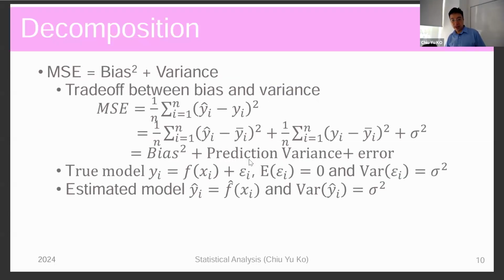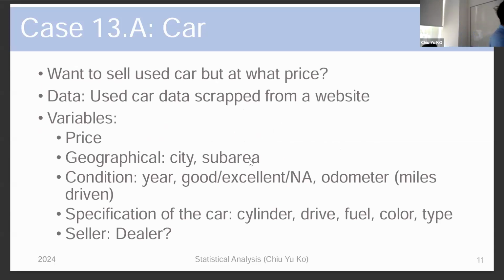This is the technical slide that I skipped. Okay, so let's look at the example here. As we said, we want to look at what car to be sold. So I look at the data from the website and decide what car to be there, and say what should be the price, what the location is, and whether the car is good or bad,